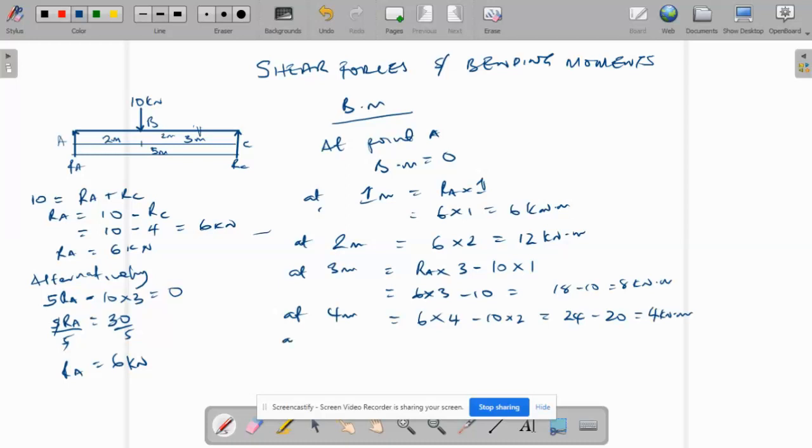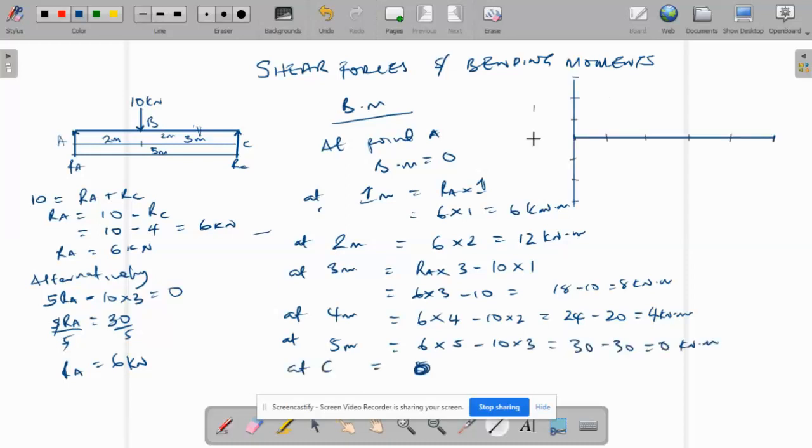So at 5 meters, the lever arm will shift to 3 meters instead of 2 meters. So what we have here is reaction A, which is 6, times 5, minus 10 times 3. So this is equal to,